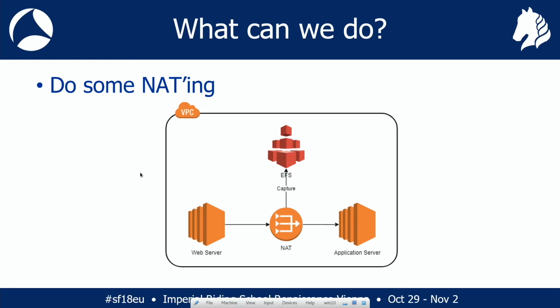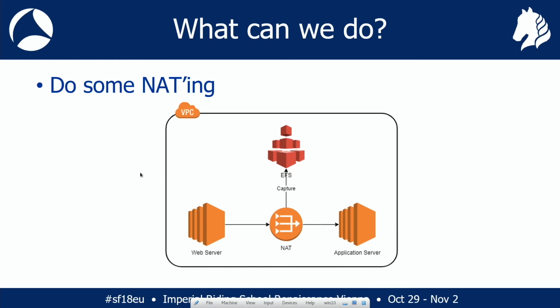So really your only choice in this environment is to do some NATting somewhere. And there you're starting to break things, because you're changing the configuration of your application at that point. If you're doing NATting, then you can build some kind of NAT device with iptables or whatever it is that's doing the forwarding and the capturing, stick that between your web server and your application server, and get around it that way. But you're adding another active component in the middle of your application's data flows, which causes some other problems. So we've got that far, and the argument still goes back to you just wanting to capture on your servers, but you've got to do it in a better way.